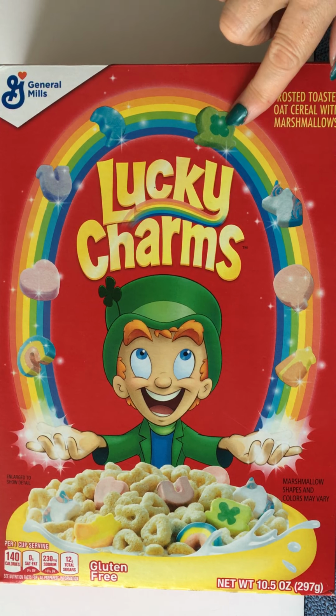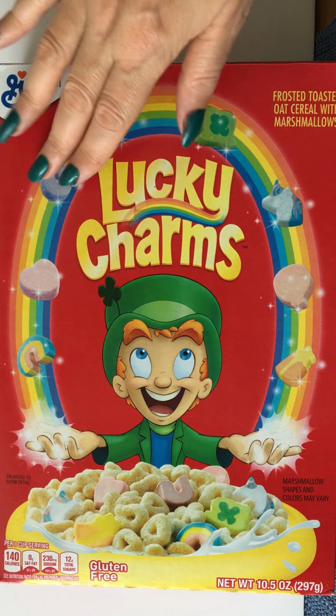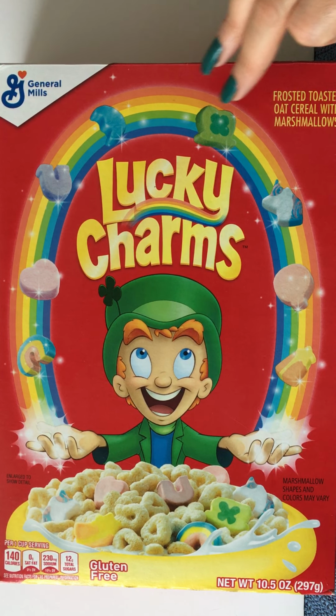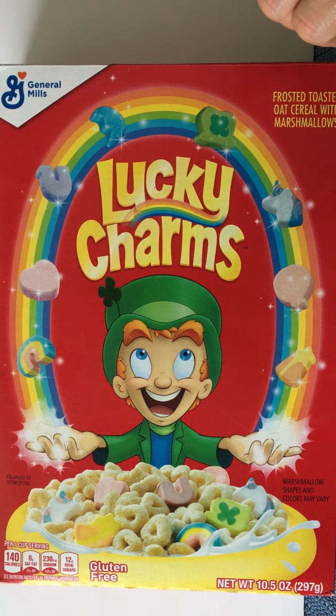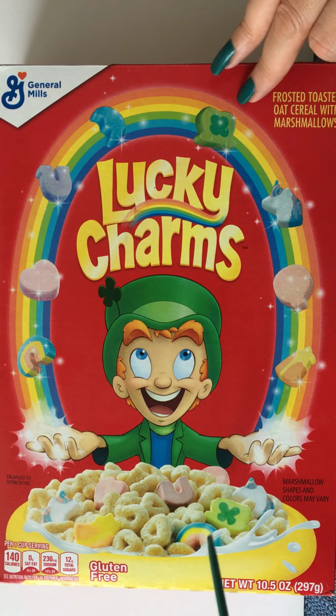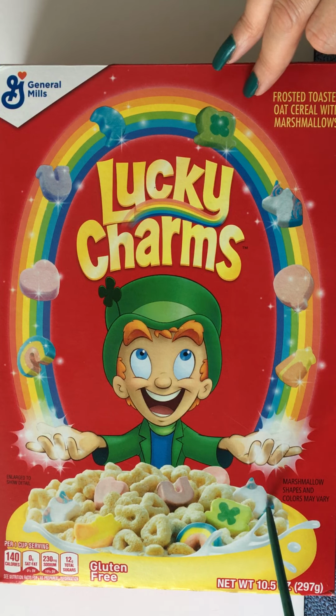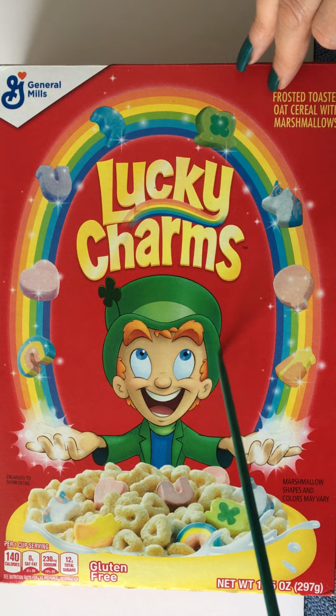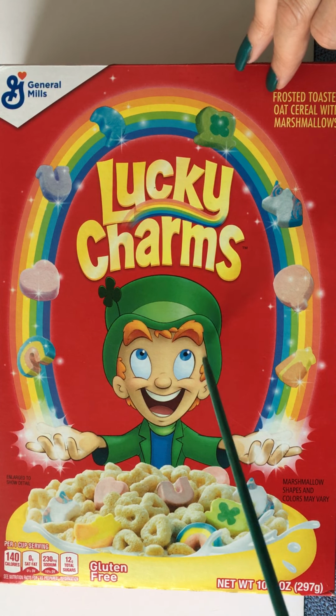Hello, and welcome back to another edition of our cereal box game series, where we look at the artwork on a cereal box together, and then we flip the box over and we play the games on the back of the box. And today we have Lucky Charms, and here we see Lucky the Leprechaun with his bright green hat,